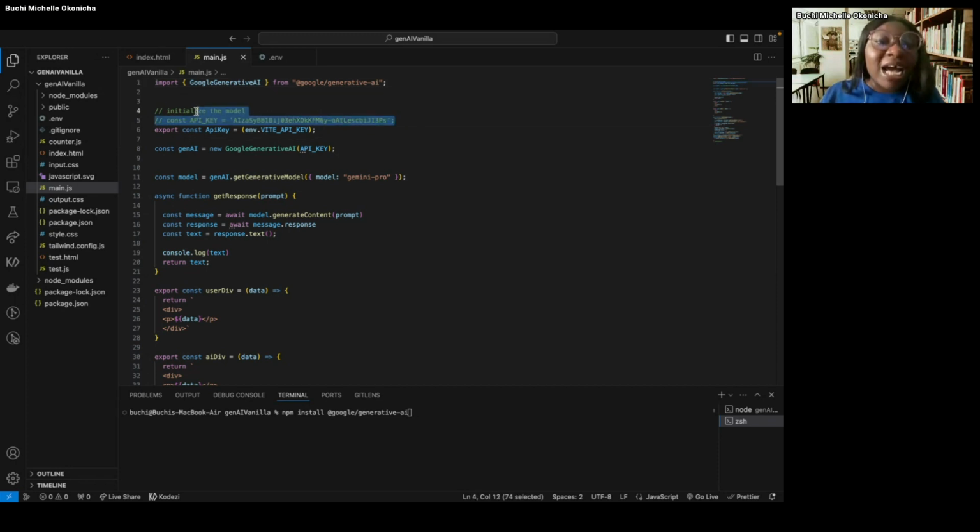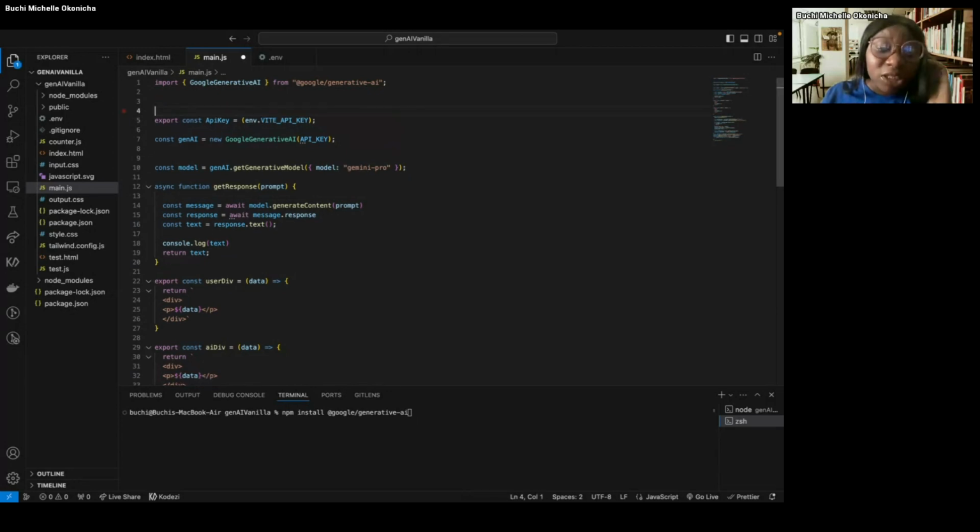And remember that we already saved our key. I put it here initially, but it's very long. We already saved our key in our .env file. So all I need to do is to import it here. So I just call it here, .env, the name I saved my API key as in my .env file, and then I create a constant variable here, and then I